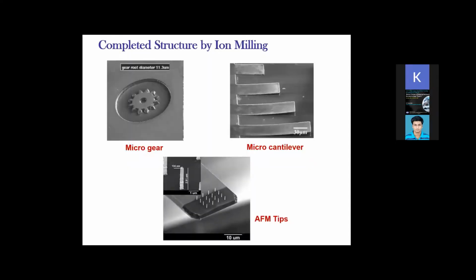Also you can have complicated structures. These are not made by myself. You can have micro gears, micro cantilevers, I have made, but not the gear part. You can also make AFM tips. You can see AFM tips were made also using the ion milling. So gears, cantilevers, AFM tips, and a lot of structures can be made based on your requirement, and that can be done using an expertise you have to achieve, and with a better resolution compared to the others. And most important, you can do three-dimensional structures using this.